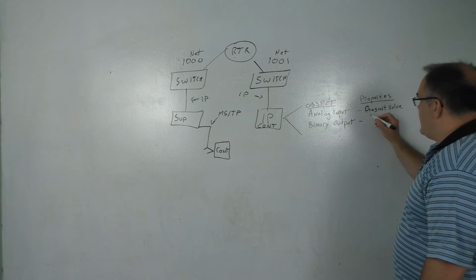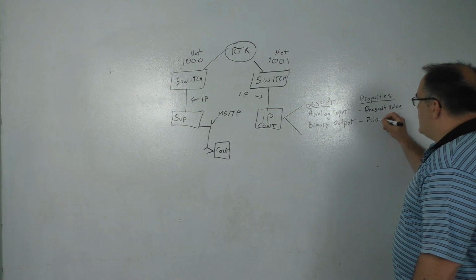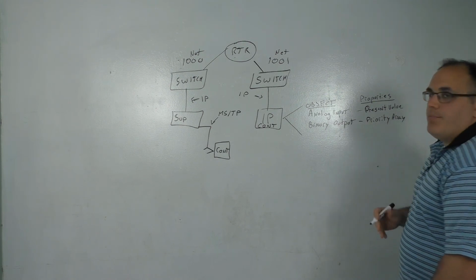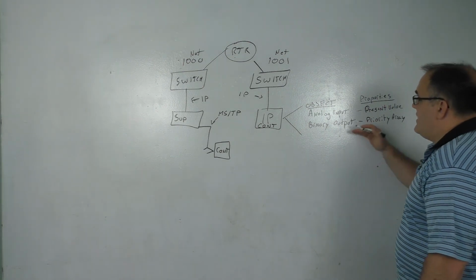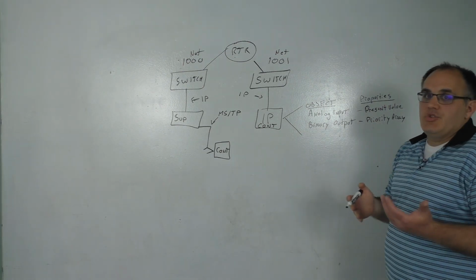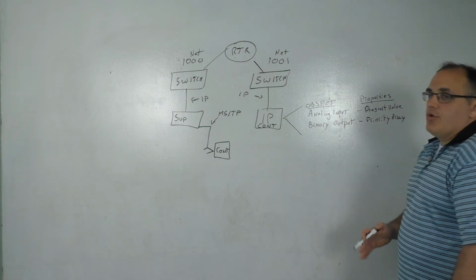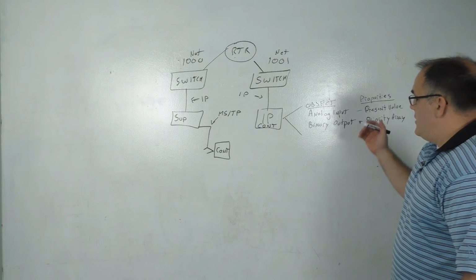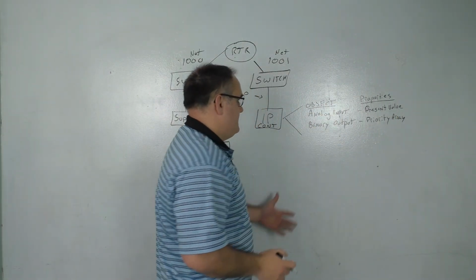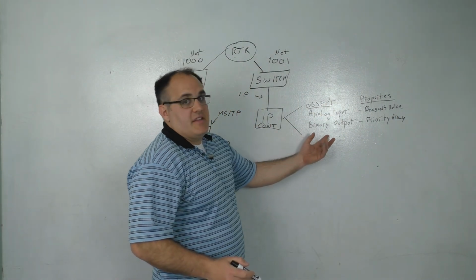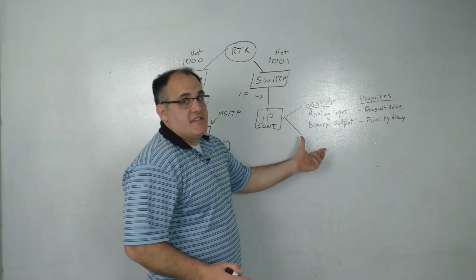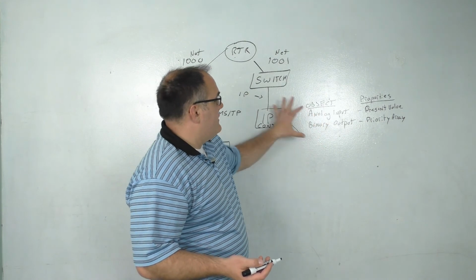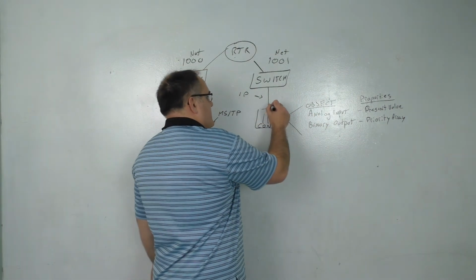This binary output has a property called the priority array, and that is a very important concept in BACnet. That's how, if you have multiple things writing to an object, you use the priority array to set which one has precedence, which one's most important. Okay. Now, as I mentioned, a device consists of objects, although a device is a type of object. Now, on top of BACnet having devices, so this is our device,